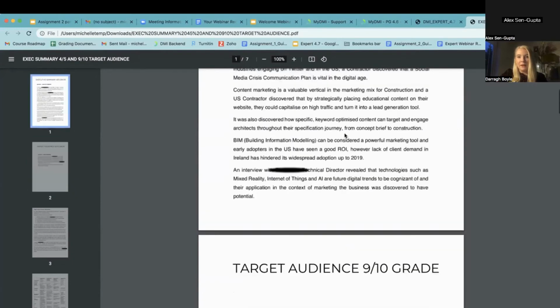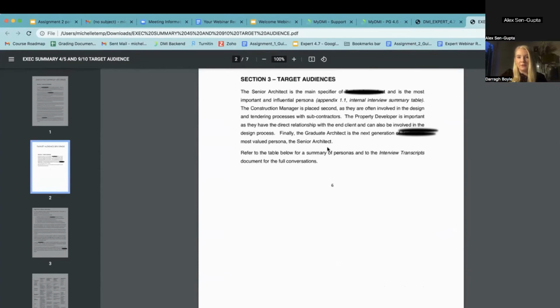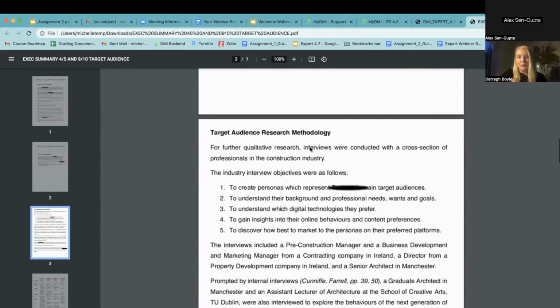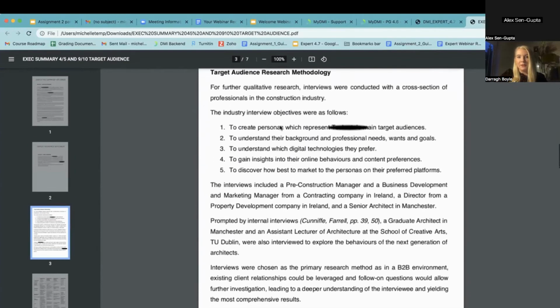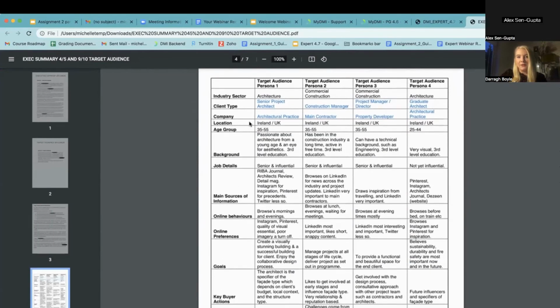So you're going to first provide an overview of who your target audience that you've described is, and then you're going to go a bit in depth into the objectives. And here is an example of somebody who laid it out in a table really well, that was graded really well by the assessor. So you can just go in and lay it out like this.